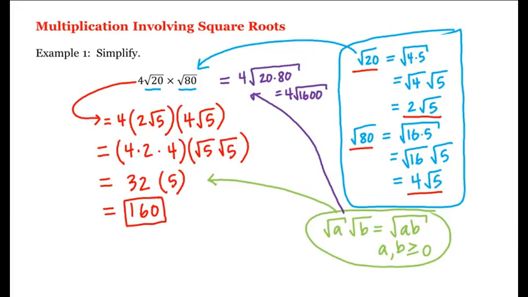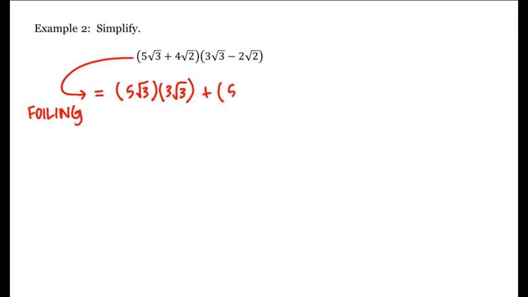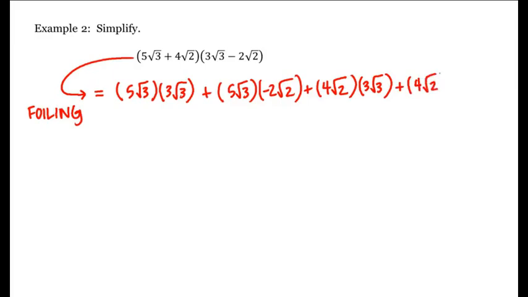All right, let's look at another example. Let's simplify this. What we'll do is we'll begin by FOILing. That is, this is equal to 5 square root of 3 times 3 square root of 3, plus 5 square root of 3 times negative 2 square root of 2, plus 4 square root of 2 times 3 square root of 3, and finally plus 4 square root of 2 times negative 2 square root of 2,